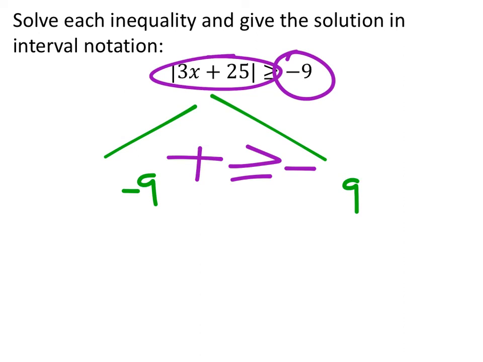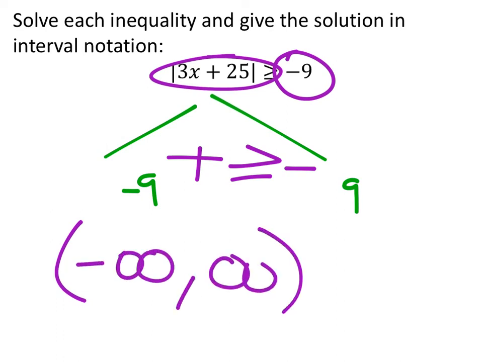is, well, it's all the real numbers. So let me think. It just wants the interval notation. The graph would just span the entire graph, and to show that it is all real numbers, right? We say it goes from negative infinity to infinity. Bam, done. So do be cognizant of what you're comparing, right? I mean, we have that negative 9, and while math tends to be kind of a mindless, robotic process, you do need to do some analysis here and realize that an absolute value is always greater than a negative. So this is all real numbers. It's this giant span of